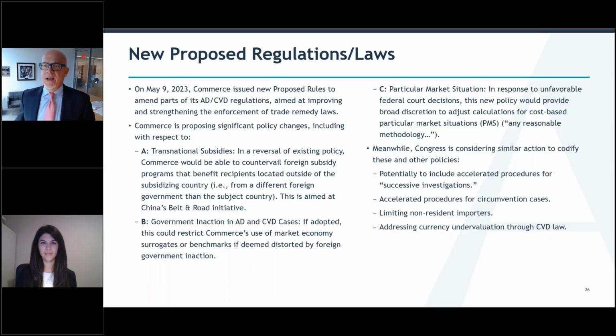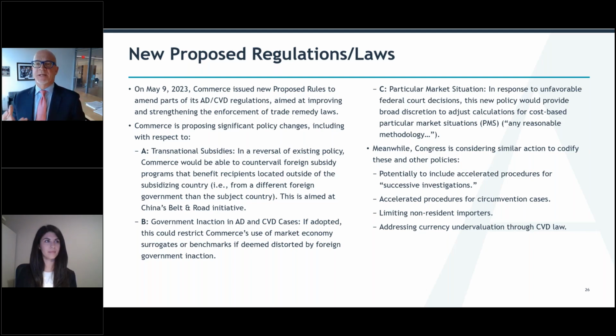There are a variety of new regulatory efforts to expand the Commerce Department's authority in this space. There are proposals that are pending. There's been a proposed regulation that Commerce is still working on, addressing the three of these issues that I have here. The one that may be of most concern to people, because it kind of makes some sense,